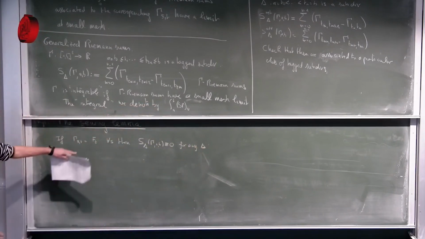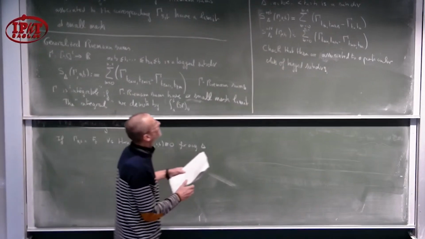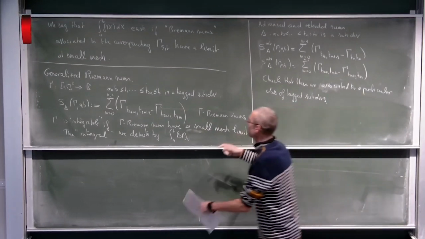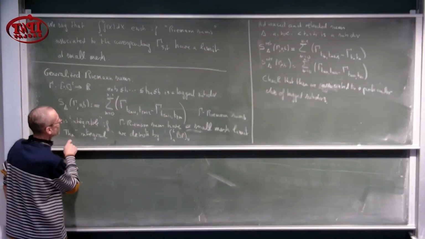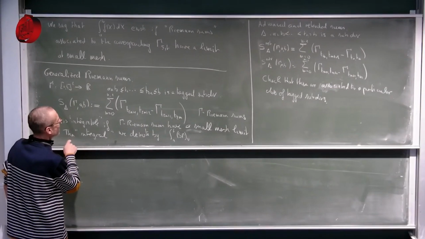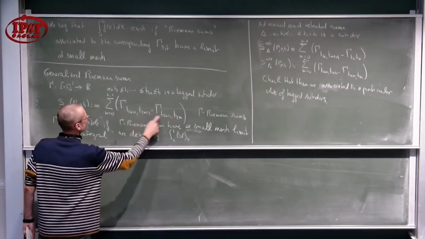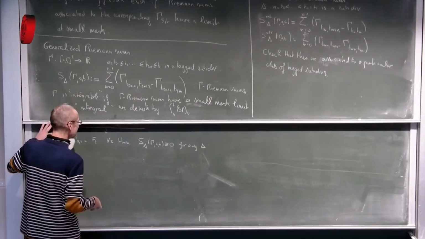This is just trivial to check. You see, if this one doesn't depend on the second argument, you just say this is 0. And then by linearity,